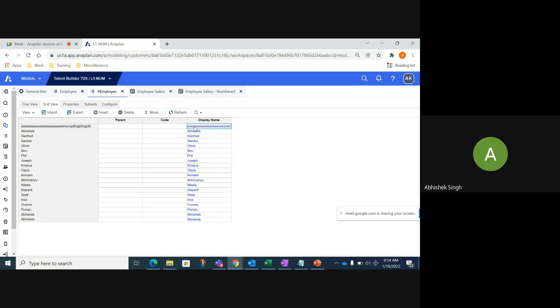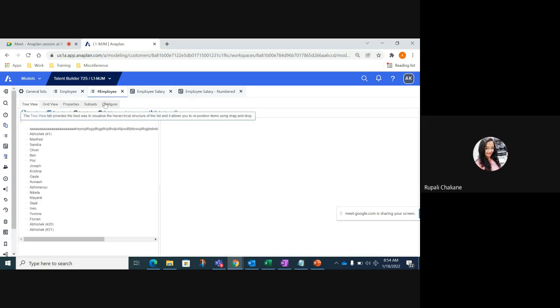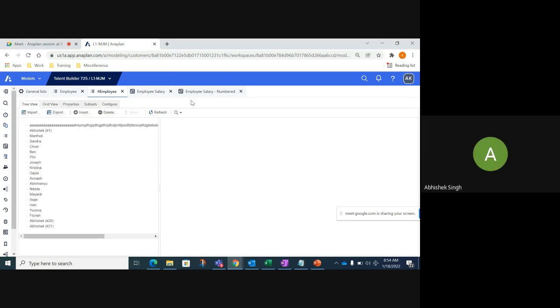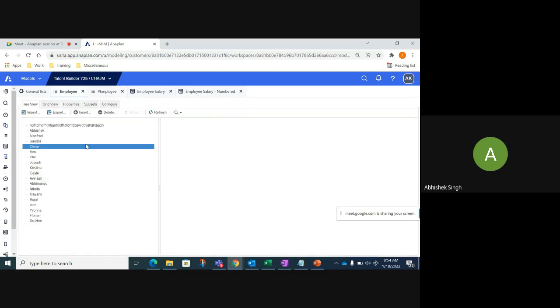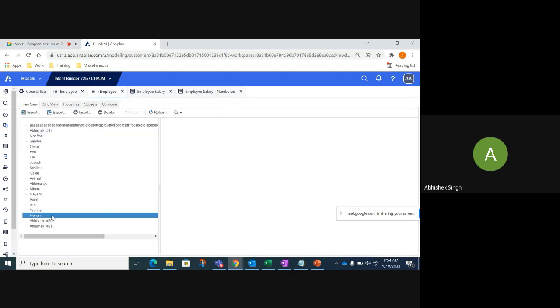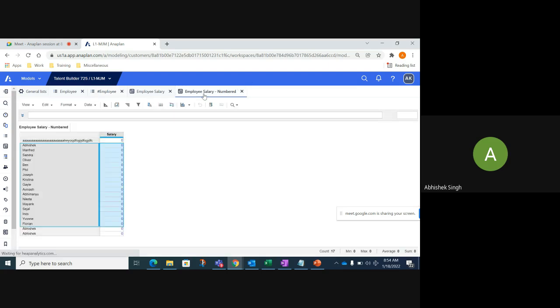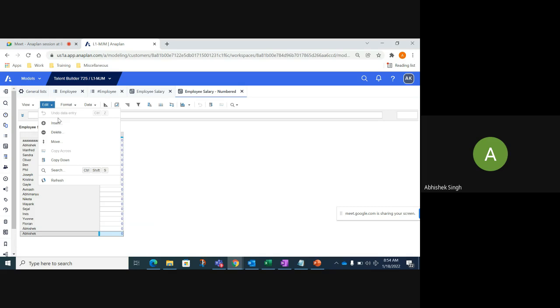Yeah. So what the system does is, if you see a preview here, for any of the members which are duplicate, you will have this name suffixed with that SSID. So Abhishek has 20, Abhishek has 21. That's how they create the difference. Now, if you just see over here, you still don't see which Abhishek stands for which one, right? So what you need to do in that case is